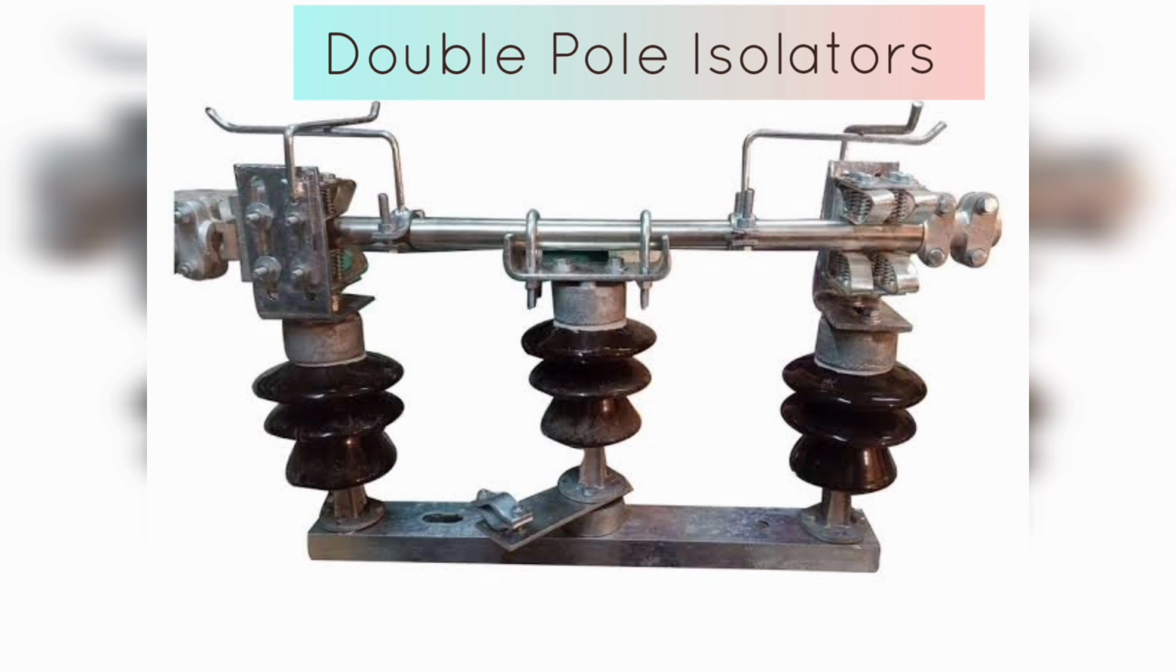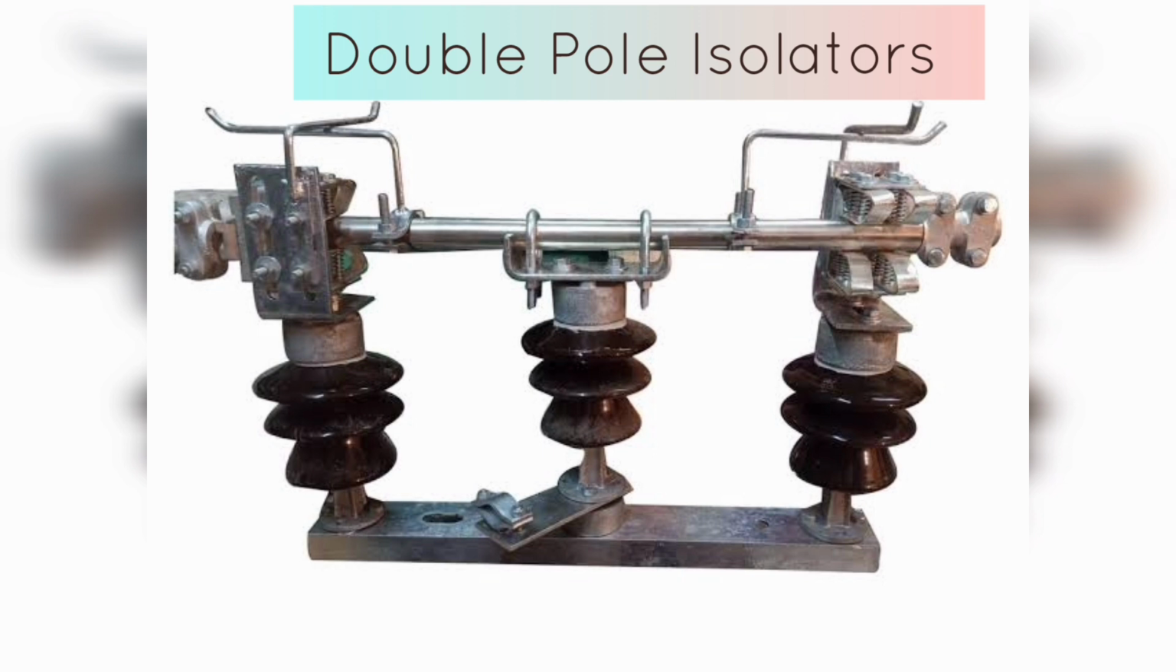The double-pole isolator has two sets of contacts, which are operated simultaneously by a single handle or lever. When the switch is in the open position, both sets of contacts are open, isolating the two conductors from each other. When the switch is in the closed position, both sets of contacts are closed, allowing the flow of electrical current through the circuit. One of the key features of the double-pole isolator is that it can handle high voltages